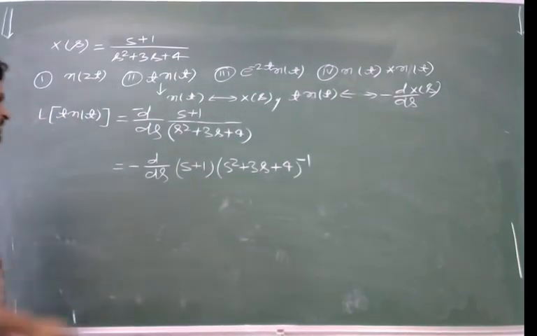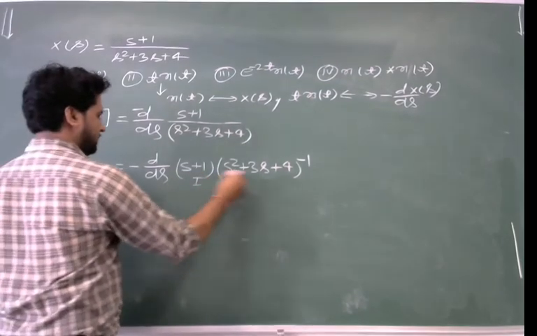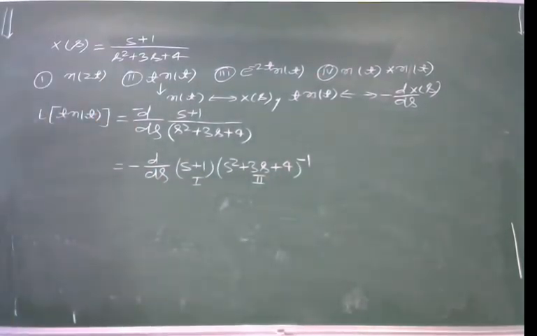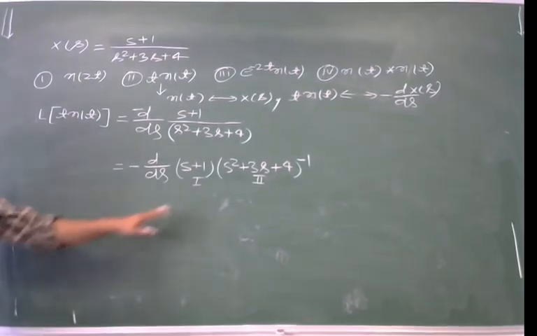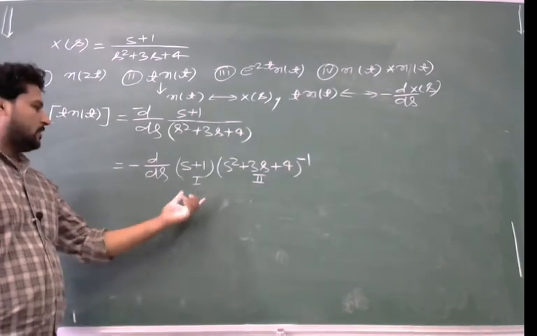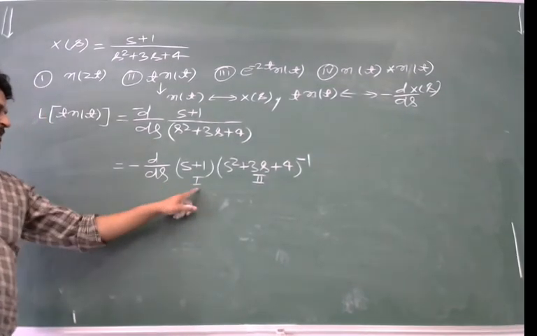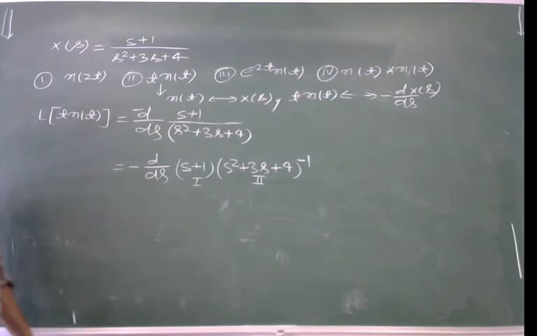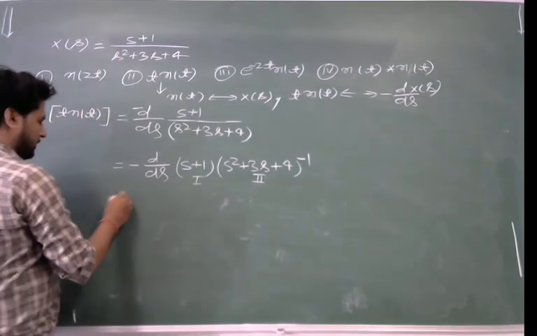I will consider it as the first function and this as the second function, and we can differentiate this relation by using the formula: first function times differentiation of second function plus second function times differentiation of first function. So this will become minus of